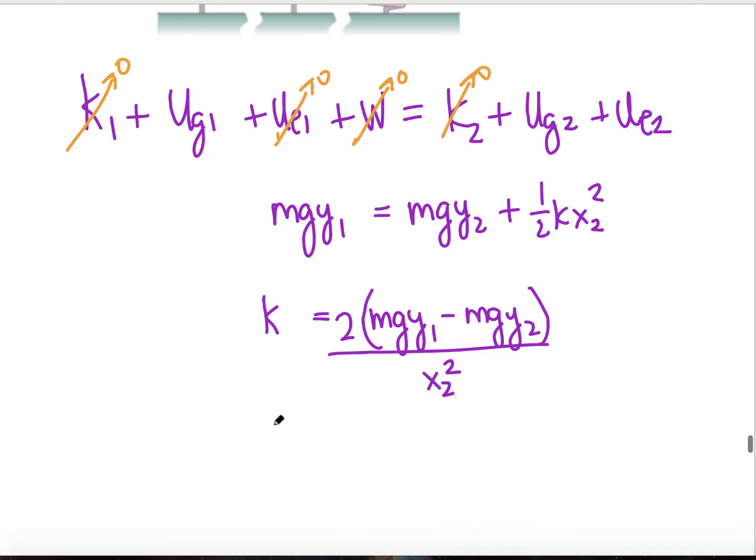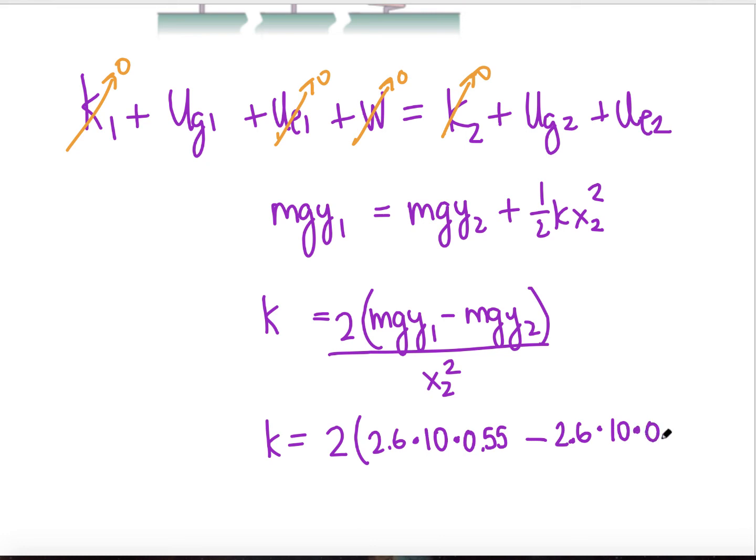And that'll give us our k. So let's substitute some values. So we have 2 times our 2.6 kilograms times, I'm going to go ahead and write 10, times y1, which was 0.55, let's go ahead and write 0.55 for clarity's sake, meters, minus 2.6 times 10 times our final y